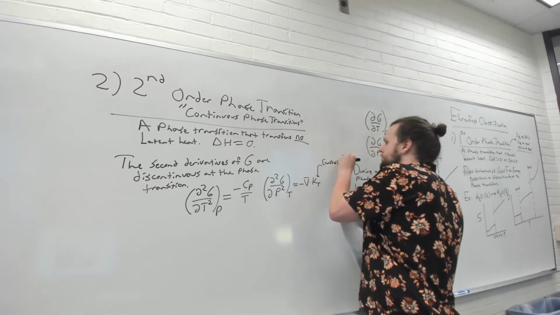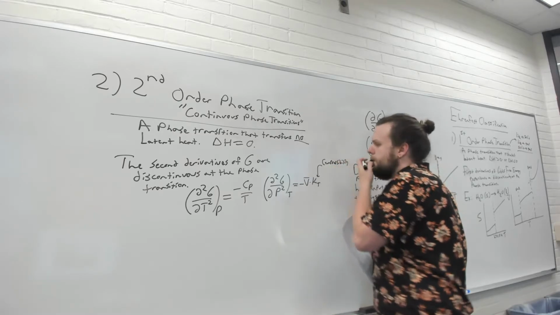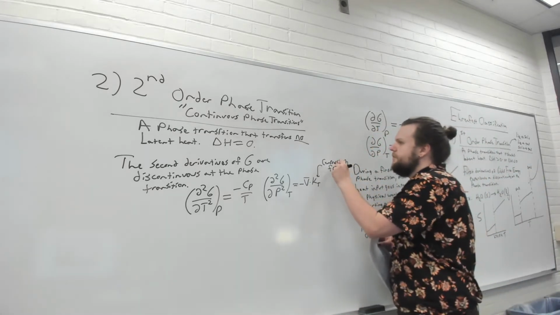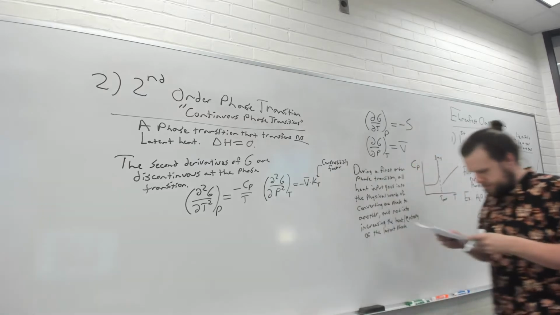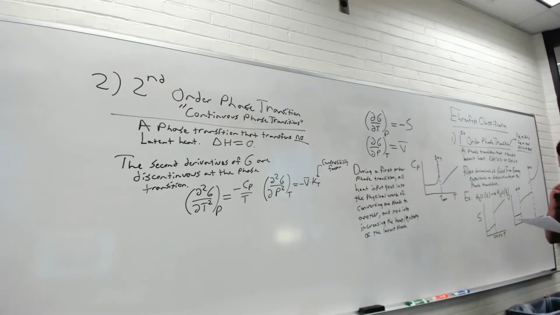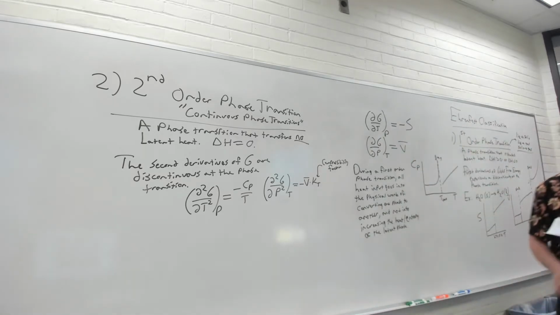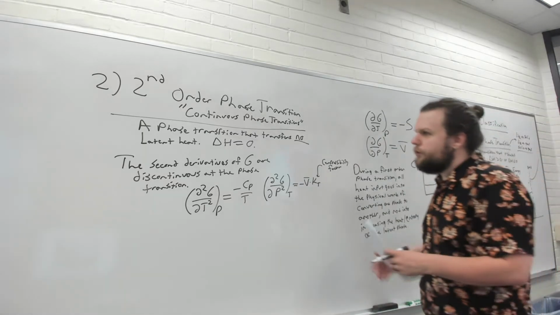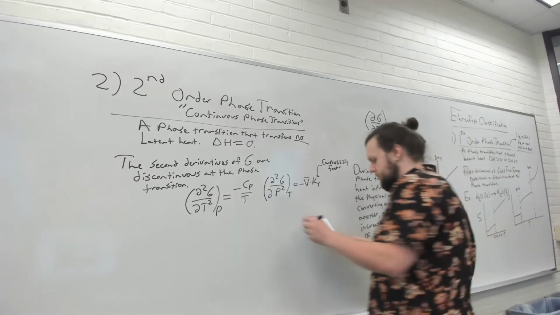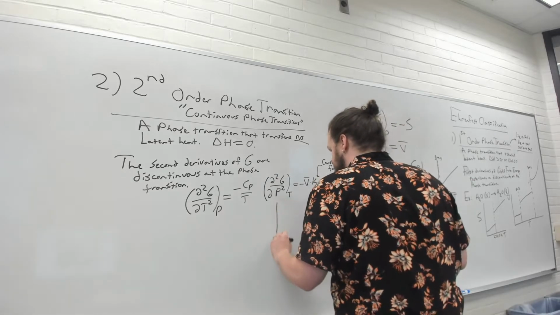These have discontinuities in the second order phase transition. Compressibility factor. How compressible it is. There are many others, but these are the more relevant ones, I would say. And so what a second order transition looks like for CP